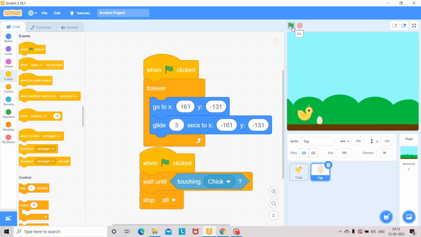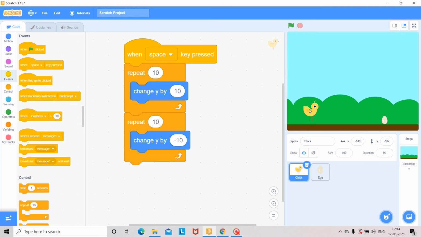Okay, let us see now. So when the chick touches the egg, both will be stopped there. Okay, and you can give the position of the chick. Sometimes it will stop in the air also.